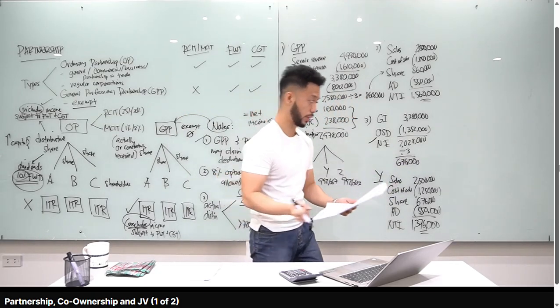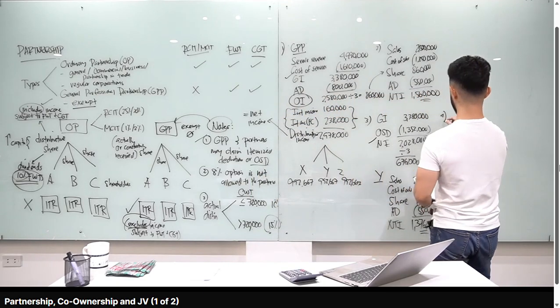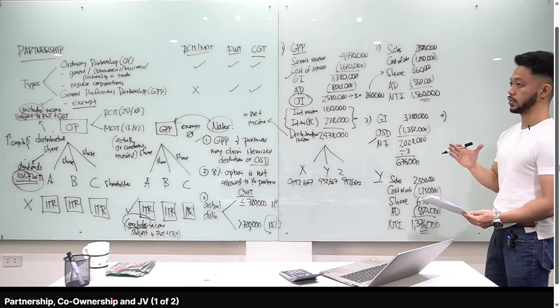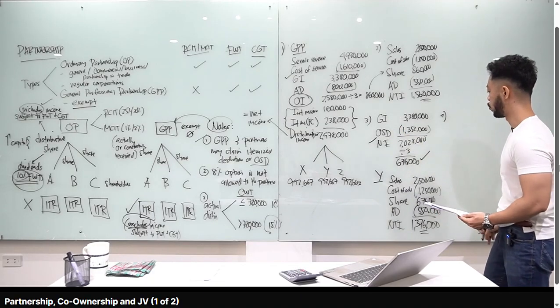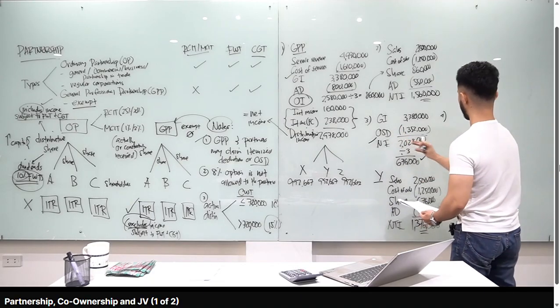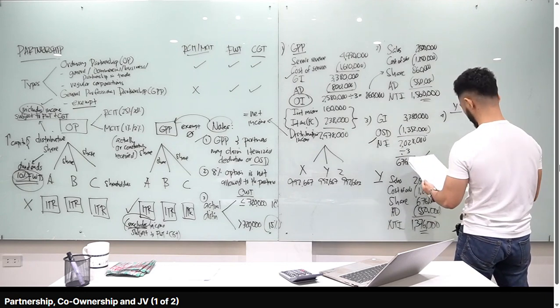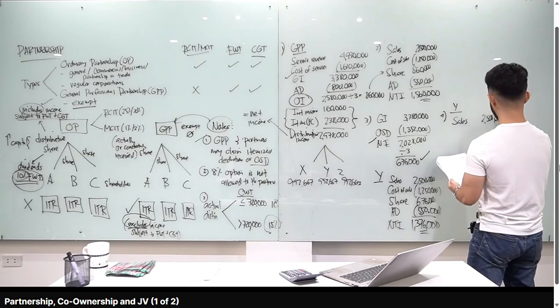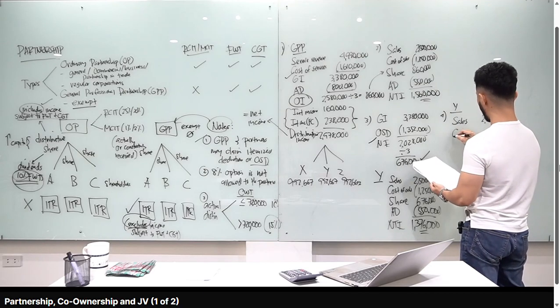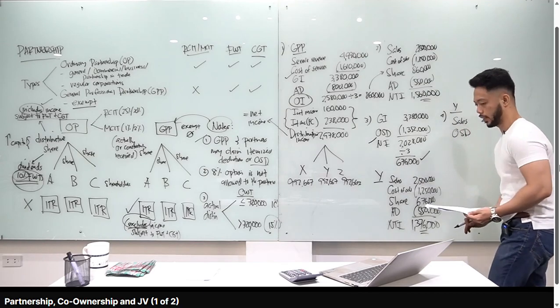Okay, so last one is question number 4: compute for the taxable income of Y assuming the GPP and Y opted to use OSD. Okay, so gagawin ko dyan class, nag-OSD daw si GPP and si Y. Now, ito nag-OSD na sa number 3, tama? So ito na yung share ni Y. Got it? 676 pa rin. Now, sa books ni Y, ganito gagawin ko dyan. Meron siyang sales na 2.5 million. Okay? And then, merong OSD si Y.